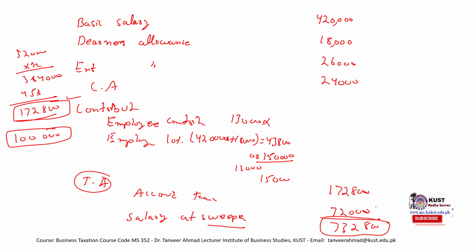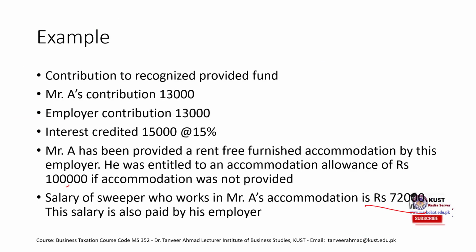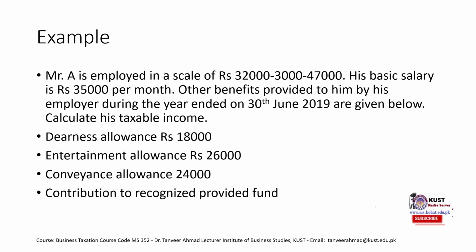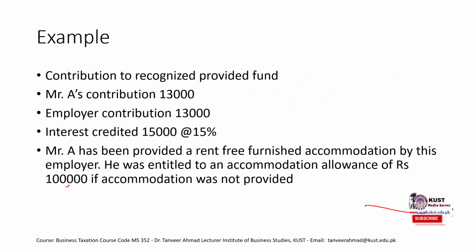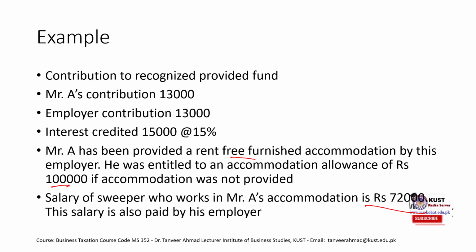Why? Because we are not provided any deduction in this example. We would have deduction related examples in the next video, but for now we just want to focus on comprehensive examples. So we have covered each and every aspect of this question. We have seen the deduction allowance, dearness allowance, entertainment allowance, conveyance allowance. The contribution was not included because it didn't fulfill the criteria, and we have seen that 45% of the minimum of time scale or 1 lakh rupees, whichever is higher. And then we have included the salary of the sweeper, which is the facility provided by the employer.